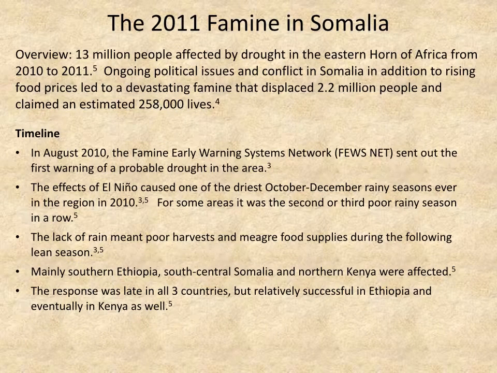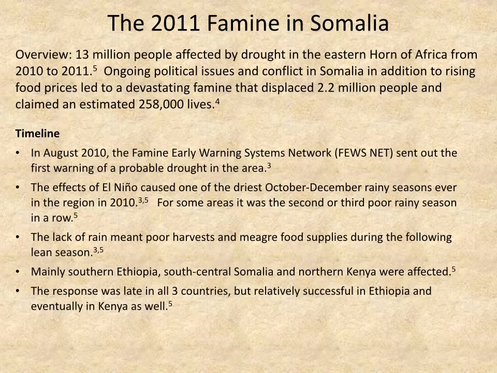The second disaster that I wanted to focus on and put together a slideshow for was the 2011 famine in Somalia. Now, I found this disaster particularly interesting because while it was triggered by a natural disaster, which was the drought in the region, the famine was ultimately the result of a lack of action. So, in the end, it was really a man made disaster.